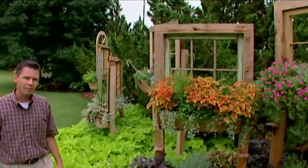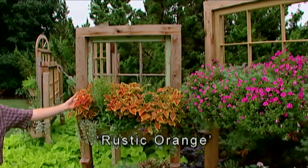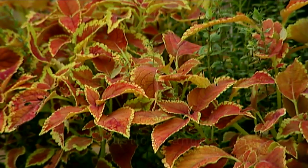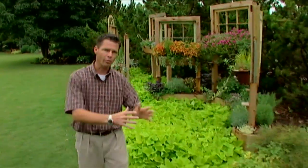A few weeks back on our program, we showed you our window box garden, and I talked about one of my favorite Coleuses, this one right here, Rustic Orange. This bright orange color with a little bit of a yellow edge around the perimeter of the leaf. Well, we've got several different types of Coleus planted in another part of our garden right up here by our studio barn, and I just wanted to talk about some of those and show you some of these wonderful foliage